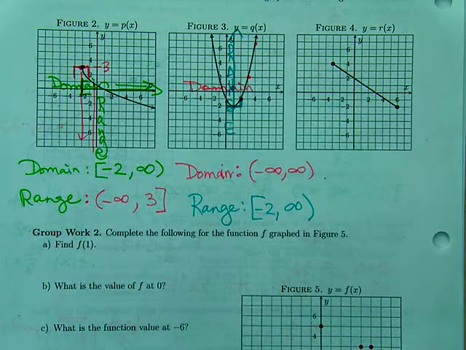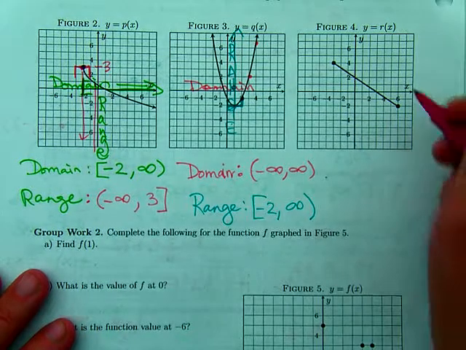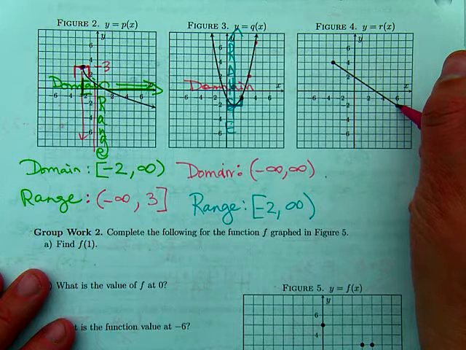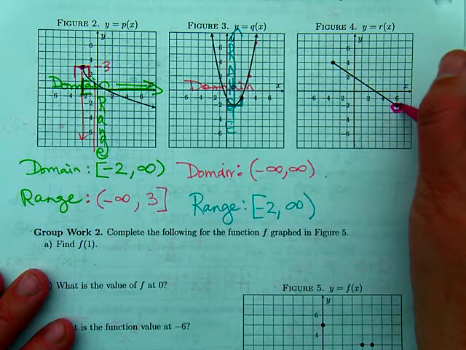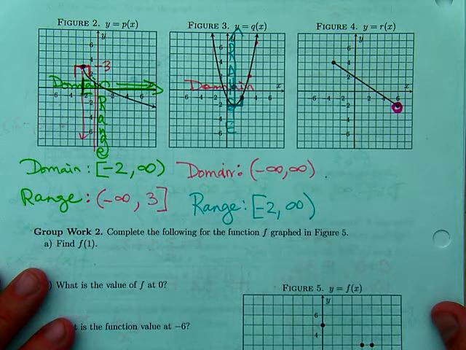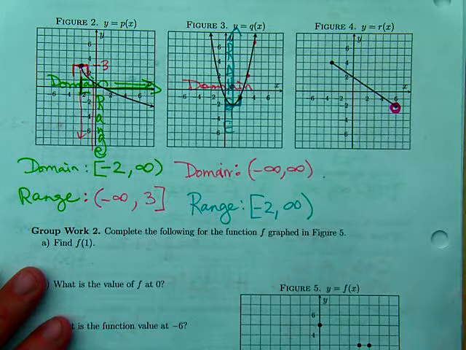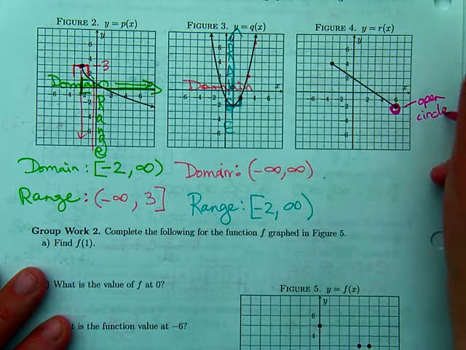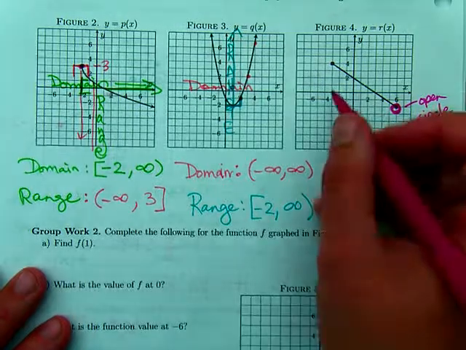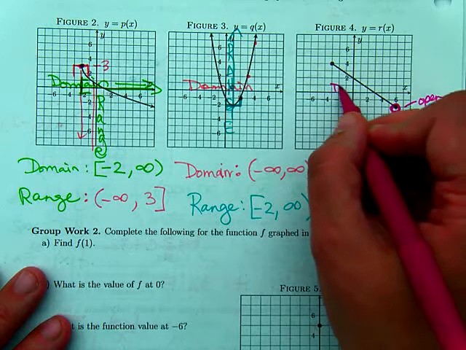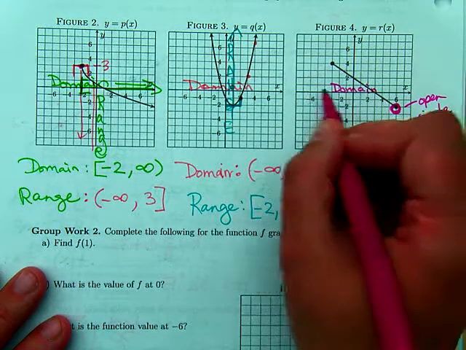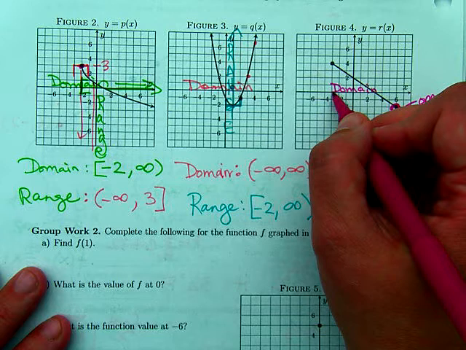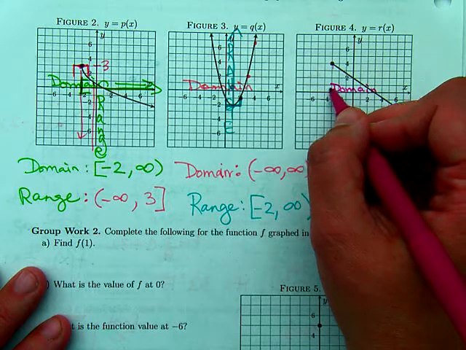If it had started, I wish one of these examples, let's actually change this a little bit. Okay, let's change this to an open circle here. Okay? And then that would change things. So if we have an open circle, that means the number is not included. Okay? So for here, the domain goes across. Domain, where does it start? It starts at,